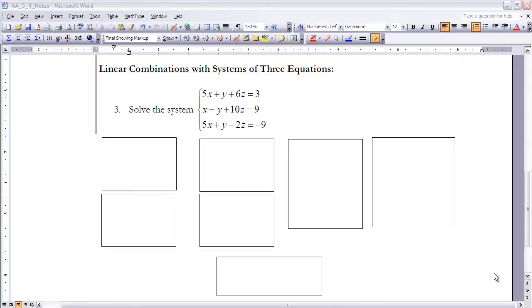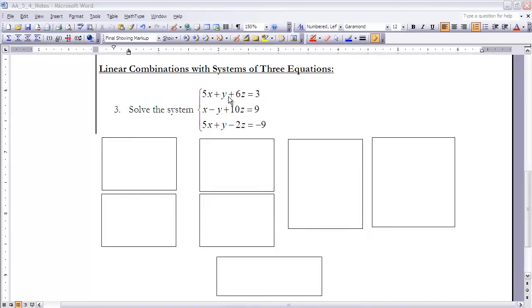Okay, first of all, I'm going to just describe in general what I'm going to try and do. Since I'm starting with three equations with three unknowns, I'm going to try and eliminate a variable from two equations twice so that I end up with two equations with two unknowns. And then I can solve that system by eliminating a second variable from those two equations so that I have one equation with one unknown. And once I've done that, I can keep back substituting to find the other two variables. Now that sounds very confusing, I understand, but let's just see if we can walk